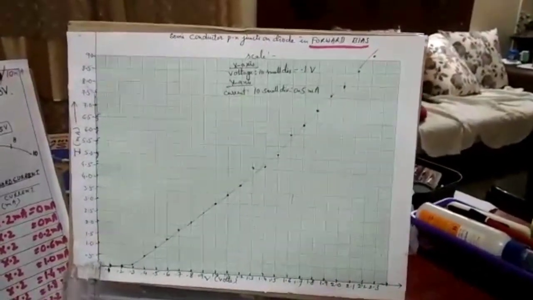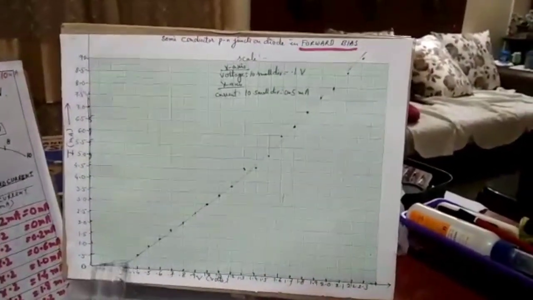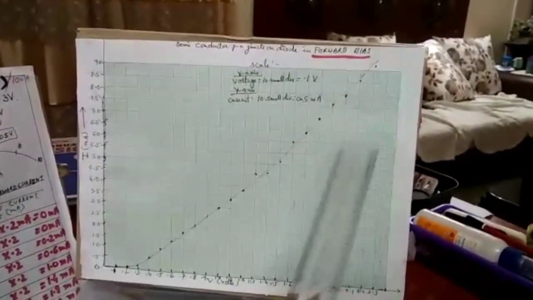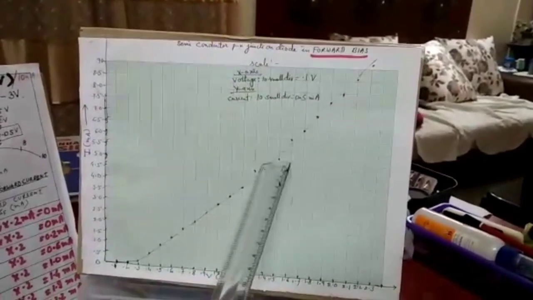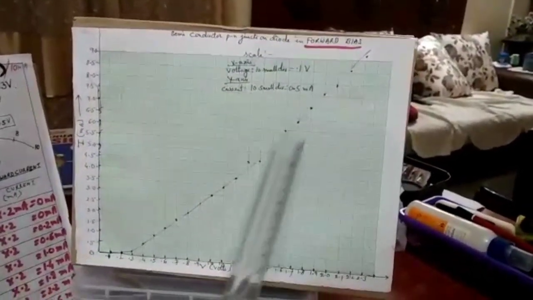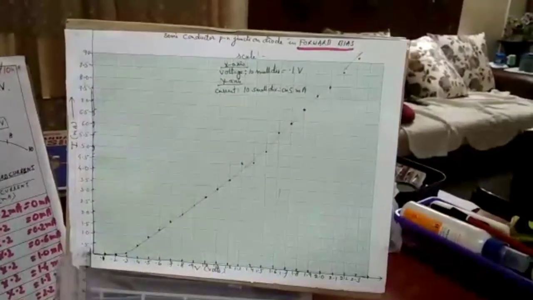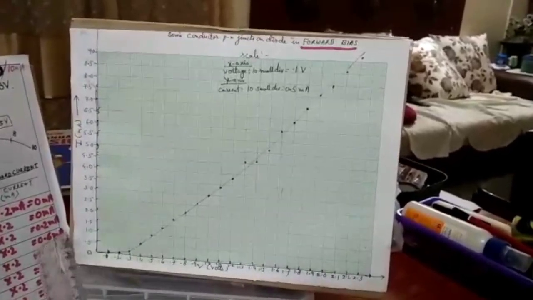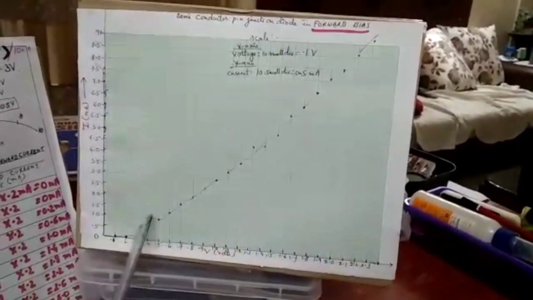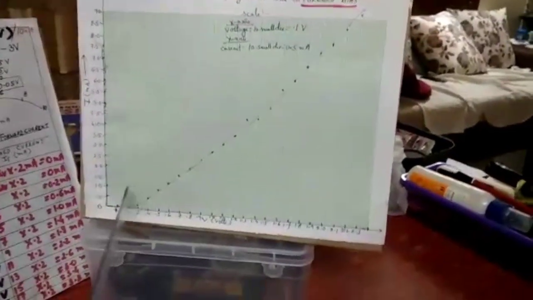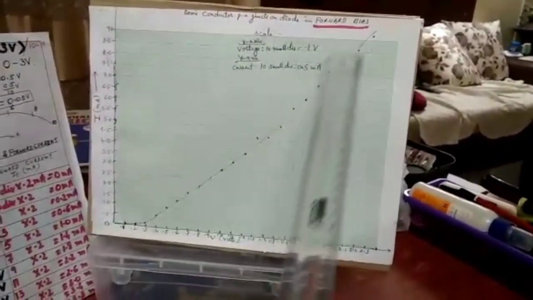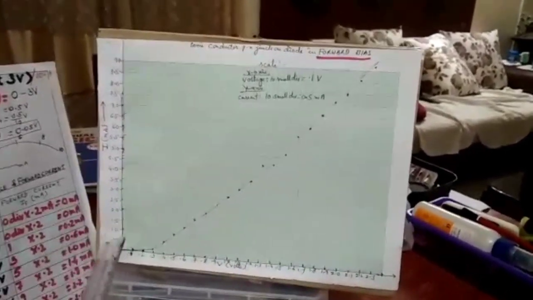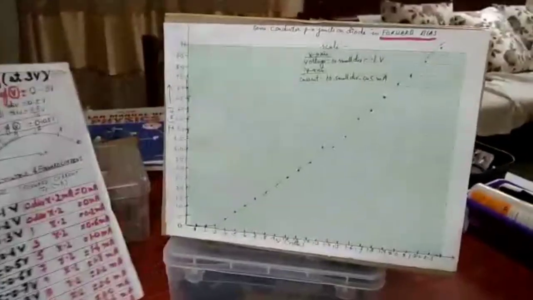So this is a forward bias graph. You can see it is 0 in the beginning. This portion is known as knee voltage, you have studied. It is not necessary that all the points come within this. This is a freehand curve because this is just statistical data. So the shape is like this. Here there is the knee type portion, which is known as knee voltage, and this is the forward characteristic curve of the particular diode. I think you have understood it.